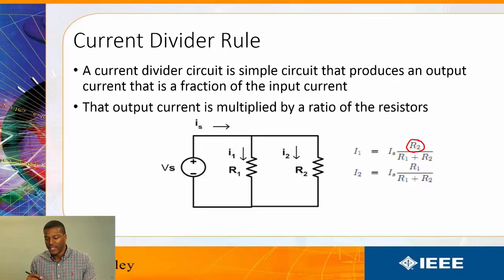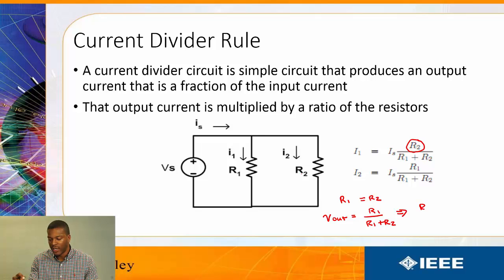So let's think about this practically. What if we want to cut our voltage or our current in half? It's actually pretty simple. You just set R1 equal to R2. So in the voltage divider case, you would get Vout equals R1 over R1 plus R2, but since R1 equals R2,